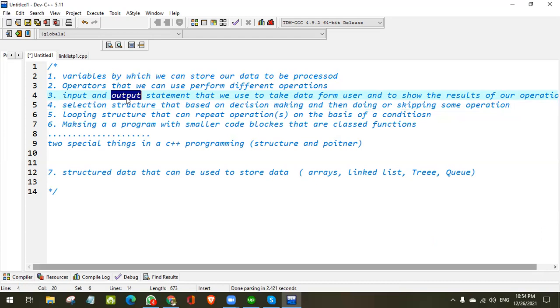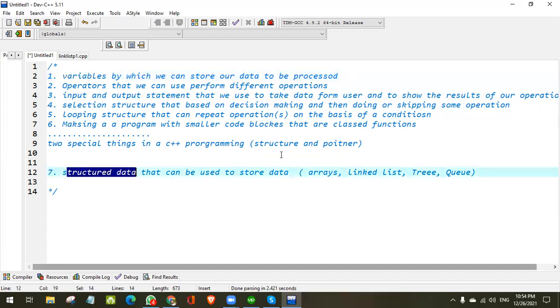But when we talk about real life scenarios, for example your bank account, or a roll number list of the students, we talk about bigger values, bigger data sets. The variables are not enough there to store such big values. So we move to some structured form of data.